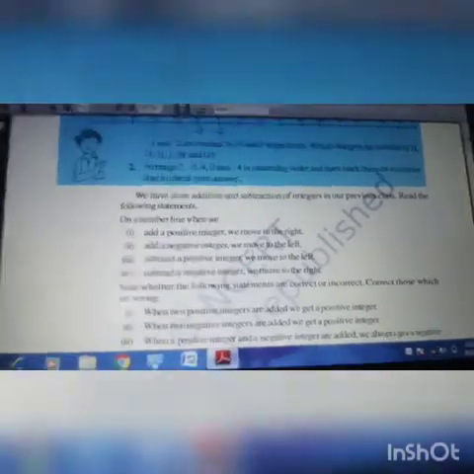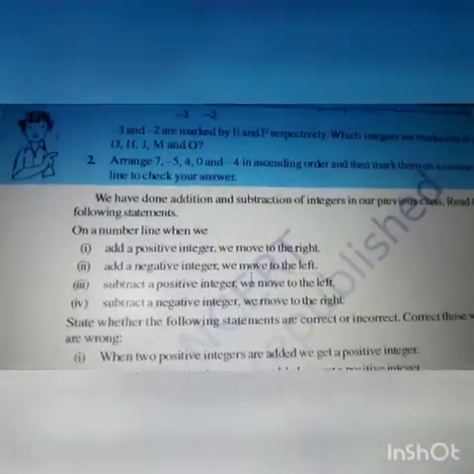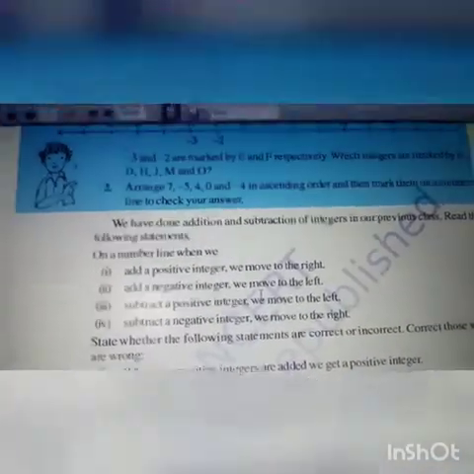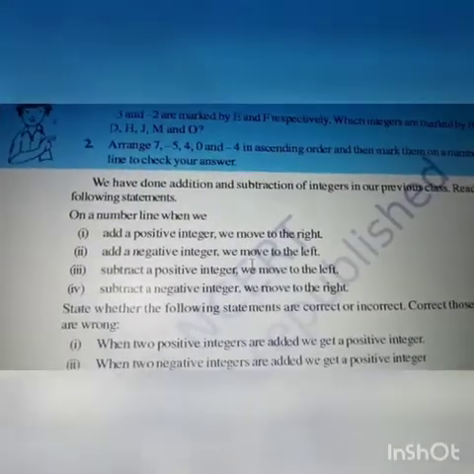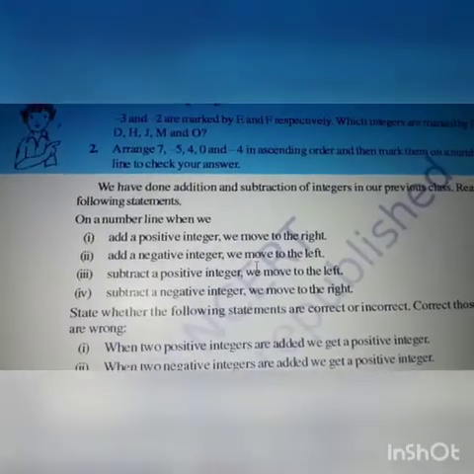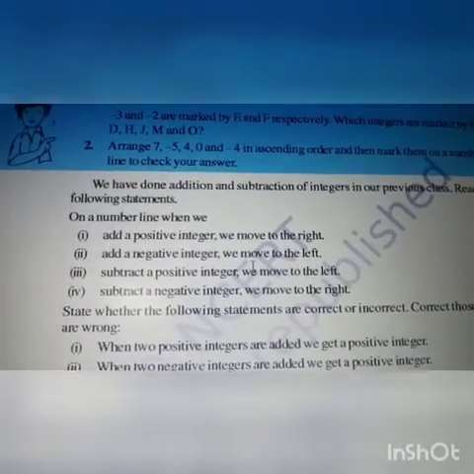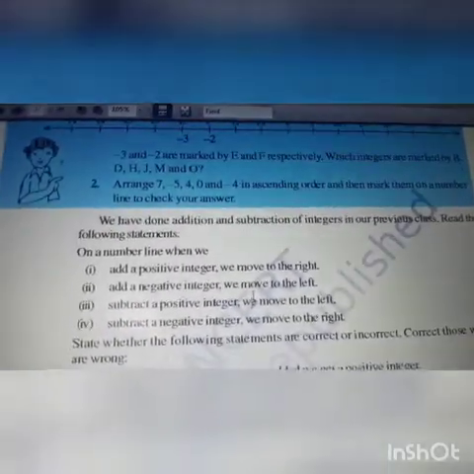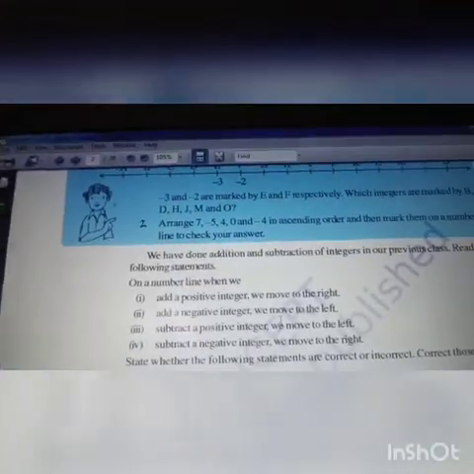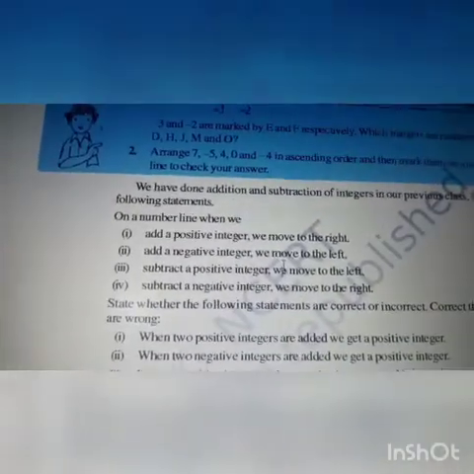Usually when you are adding, you have learned addition and subtraction of integers using a number line last year, right? The same thing I am going to say here. When you add two integers, you will shift towards the right side, because I told you positive integers are on the right side, right? When you subtract two integers, you will shift towards the negative side, the left side. Always adding means right side, subtracting means left side.